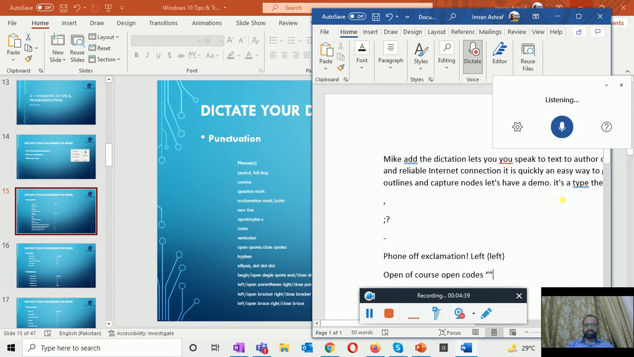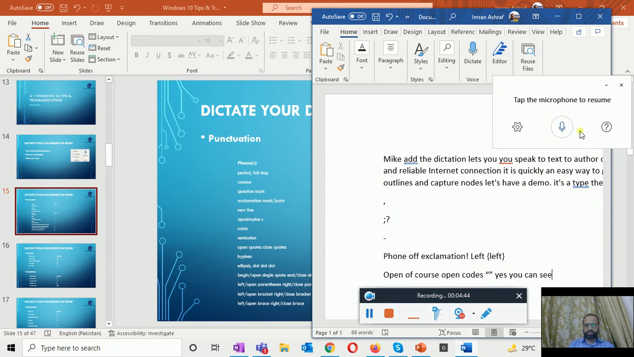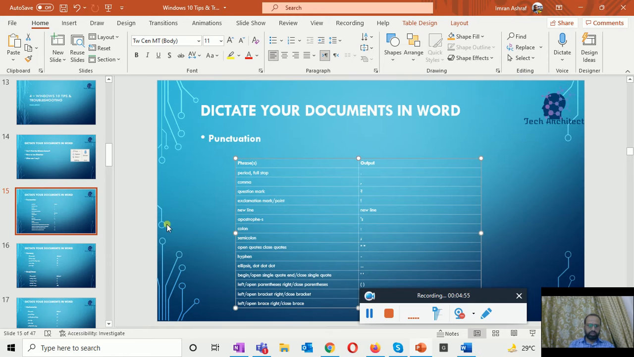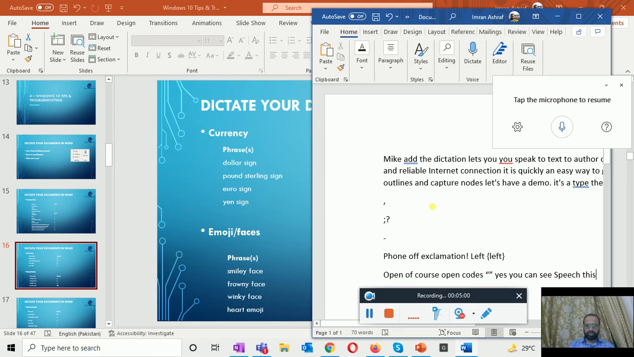Viewers, you can see all this. What I am asking, it's typing. It's dictating, it's in listening mode. And if I click, this is listening mode and this is mute mode. So all the options are available. If I want to type some currency, let's say: dollar sign, pound sterling sign, euro sign,